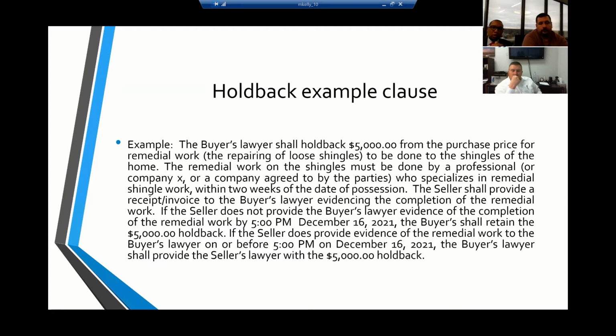A lot of times too, we'll get a $5,000 holdback and there's like 6 items. Well, what happens if there's 4 of the 6 done? How much are we holding back? Or how do we articulate that? How do we deal with that as lawyers on the back end? Someone says, well, we did 4 of 6. You're not holding back the whole 5, you want 4. So there's a whole bunch of confusion that can happen if things aren't articulated and spelled out